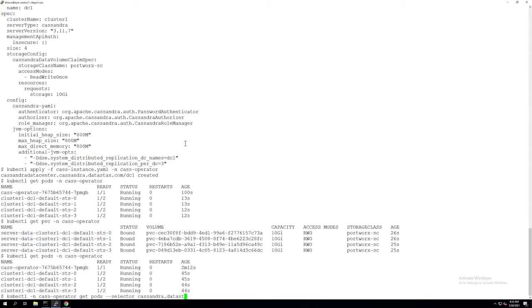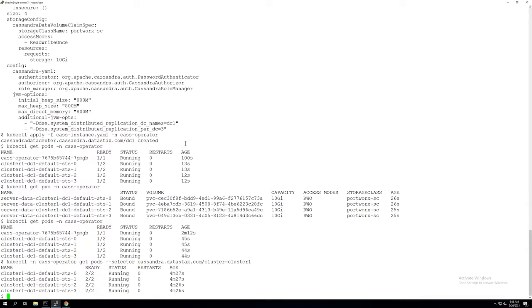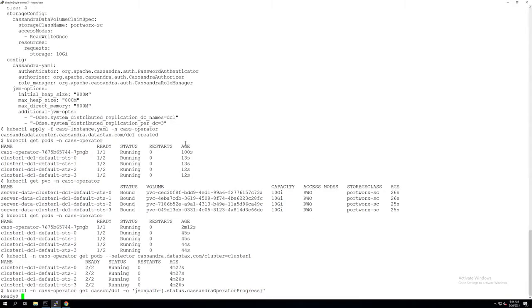Now let's run a couple of commands just to see if the Cassandra cluster is up and running or not. All the pods are up and running, 2 out of 2. That looks good. Next, let's look at a get data center. Since this is deployed using the Cassandra operator, you will see a status of ready once everything looks good.